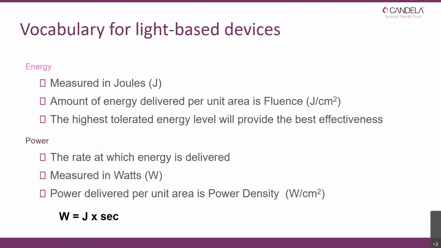The energy, when we're using lasers, we measure in joules. However, commonly, we actually refer to the energy being delivered by the unit area. So we call it fluence. And this is measured in joules per centimeter squared. And the power of a laser is actually measured in watts. And in general, for most lasers, we prefer to talk about fluence rather than watts, except when we are discussing, for instance, a continuous wave CO2 laser. But in general terms, you will see the useful information basically is the energy which we're measuring in joules per centimeter